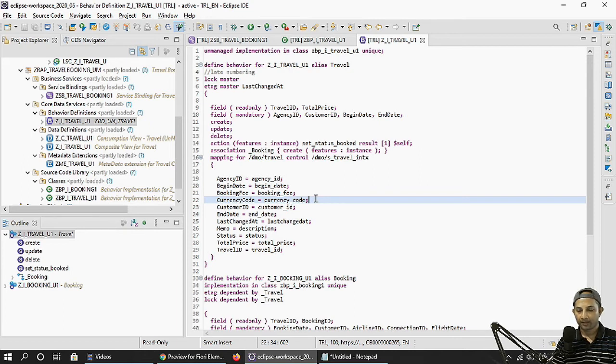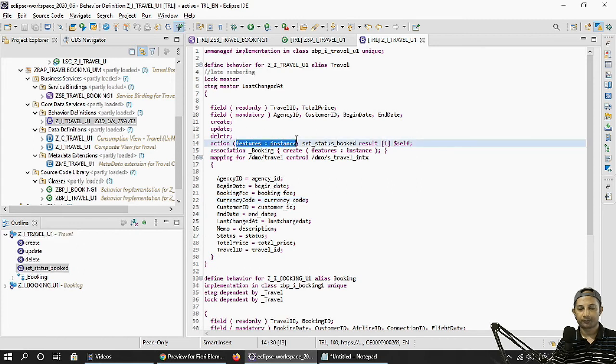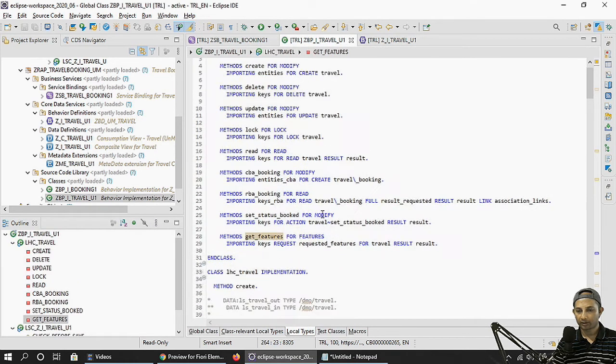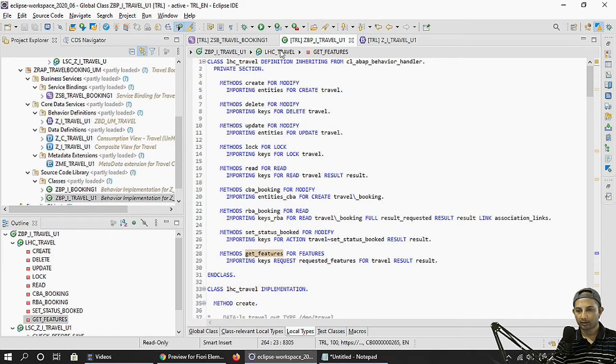That's why this feature instance will be useful, right? What will happen if I put this feature instance capability? It will generate a method in the travel behavior pool class, local implementation.